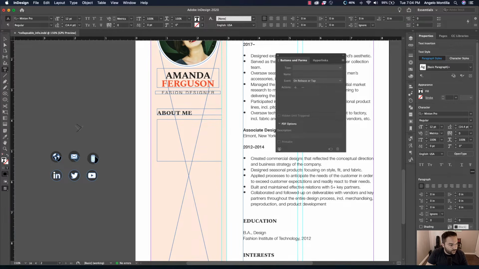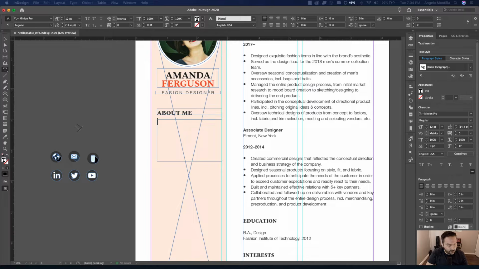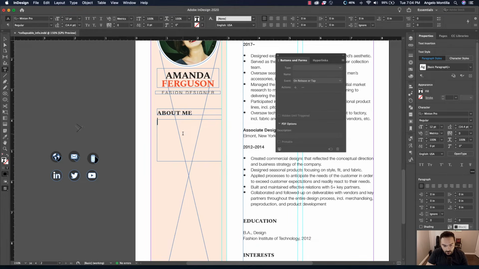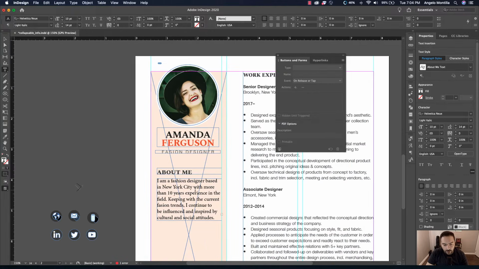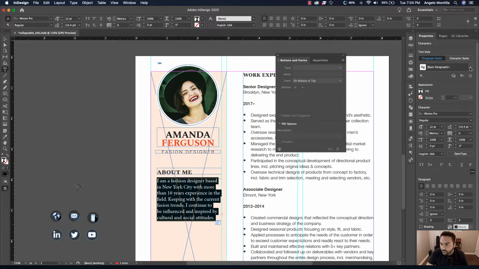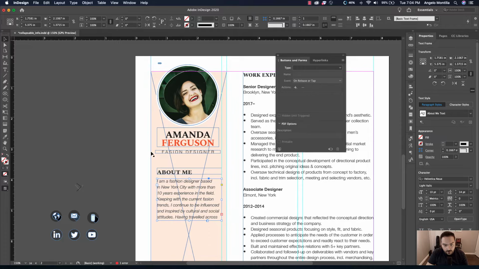I do have some text here that I'm just going to copy into this frame. And I believe it's, oh, I did create a paragraph style for this as well. So let's just make it basic for now, and it's about me text. So that's Helvetica Neue 10 point.